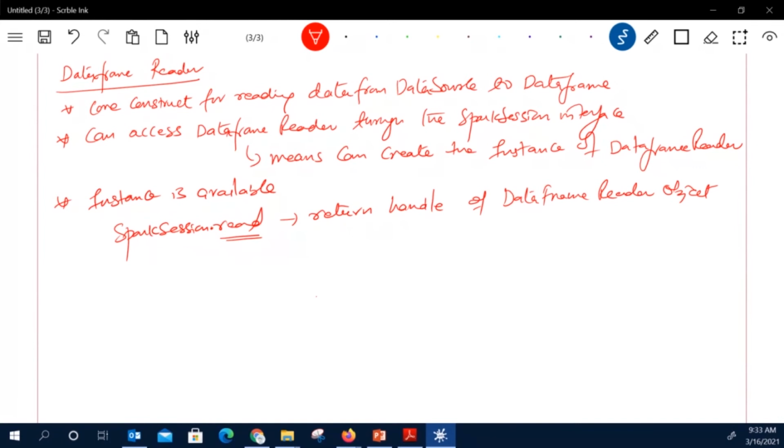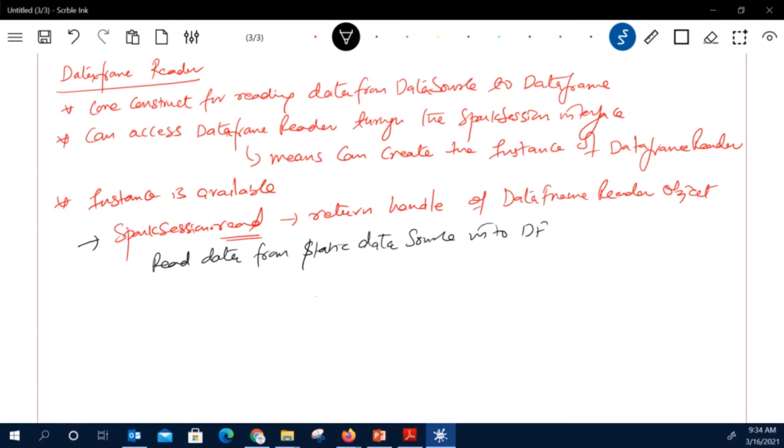Now this first approach will read the data from static data sources into your data frame. But there is another method called spark.readStream.